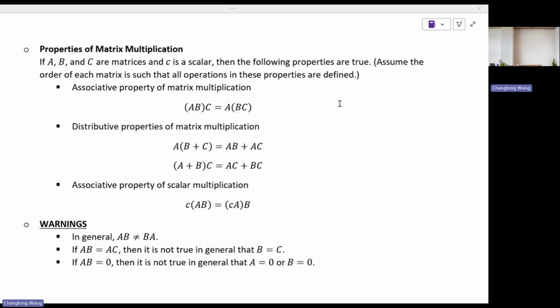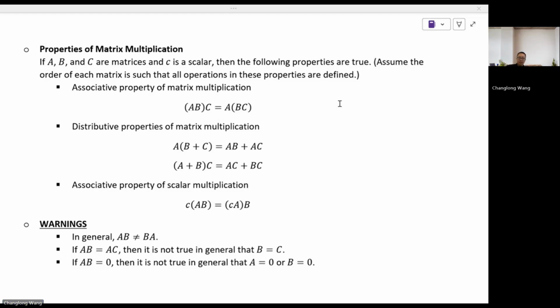Now the third one, then again, it's sort of associative property, right? But since the little c is a constant, a scalar, that makes the whole process easier, right? But anyway,